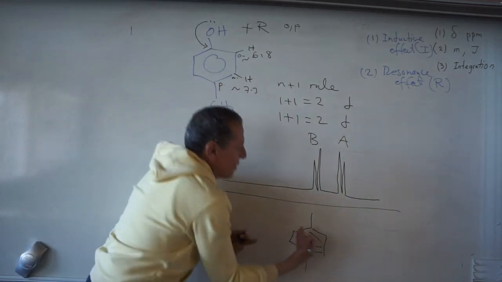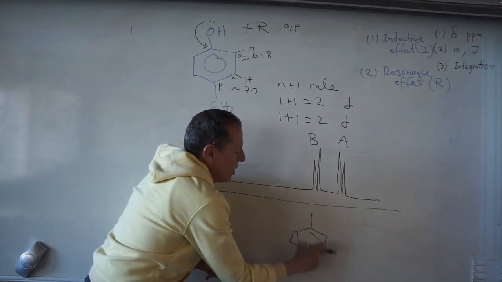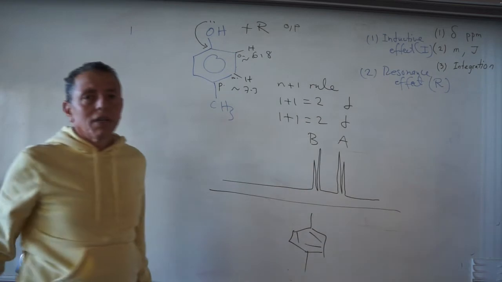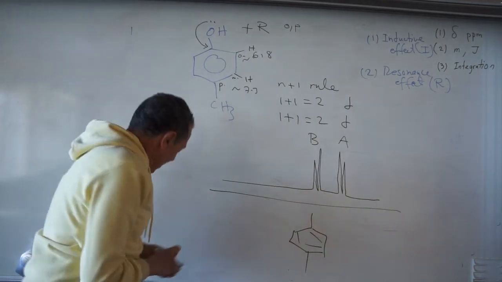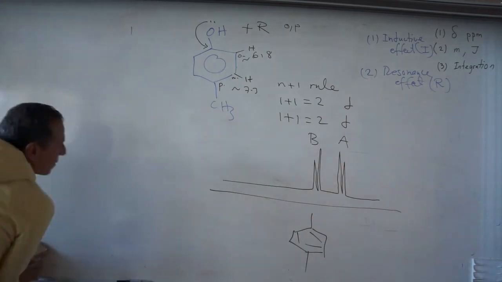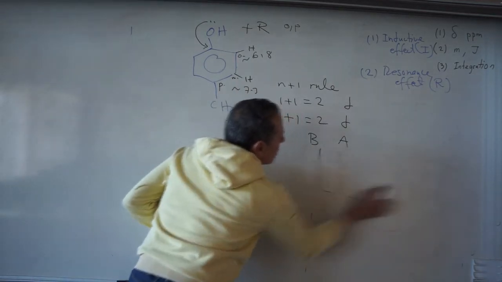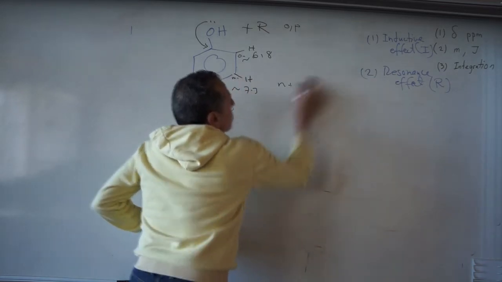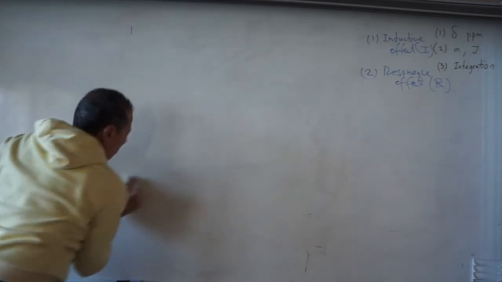This para substitution divides the molecule. So these two protons are exactly the same. These two protons are exactly the same. Right? And then I will go with you to why we can see the intensity of the peaks in such a way. You remember when we draw the first spectrum,